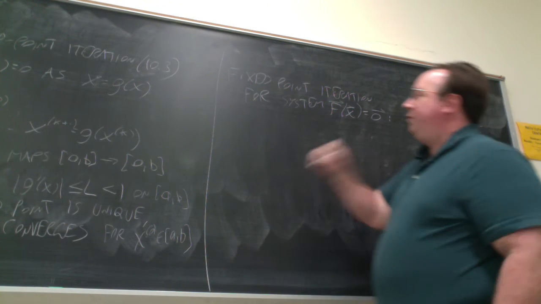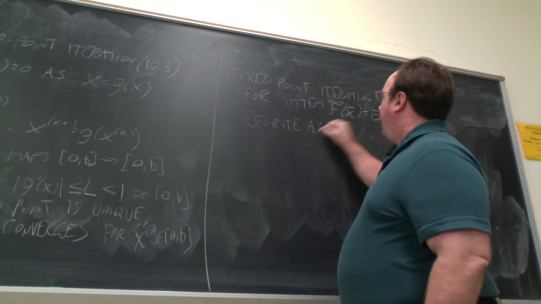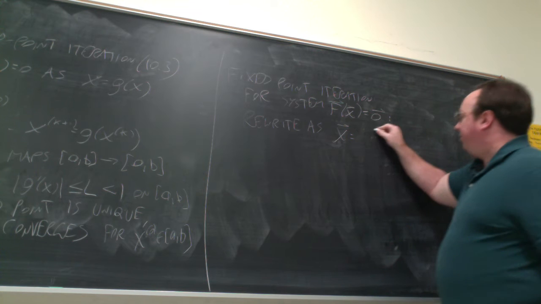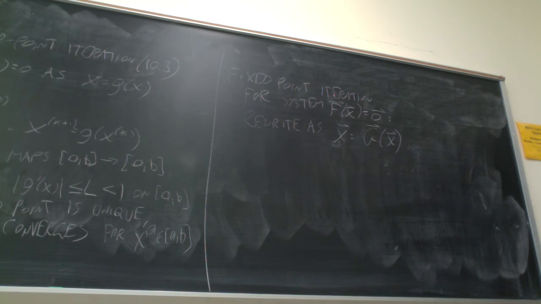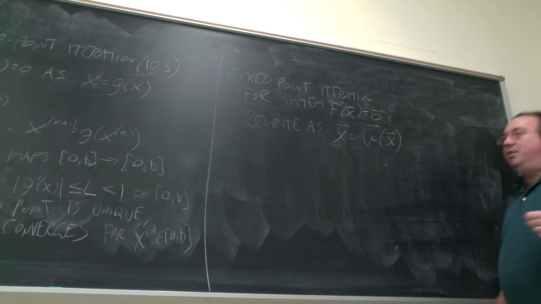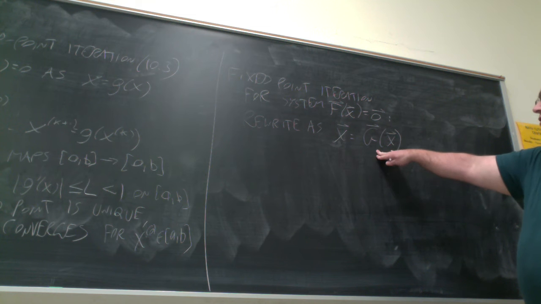So what we do, like before, is we rewrite in some way as x equals some vector valued function g of x. And what I'll do in a little bit is revisit this example that we have, these two equations, and show how we could rewrite that in different ways, because just like with fixed point iteration for one variable, if we rewrite as x equals g of x in the wrong way, the derivative will be too large and won't converge. So the same problem will happen here. So we somehow algebraically, using